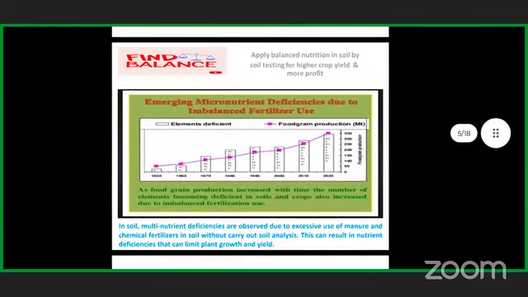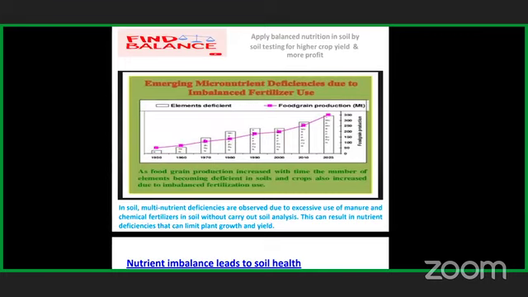Now, second is why it is important to do soil testing, and why we cannot put fertilizer randomly, in one same amount, all over the soil. An experiment has been done, and we have seen that if we apply fertilizer continuously, for a particular nutrient, let it be nitrogen or phosphorus, it will increase the availability of that particular nutrient for sure. But when it comes to other nutrients, let it be micronutrients, their deficiency will increase with the increase in fertilizer of the particular nitrogen, phosphorus, or potassium.